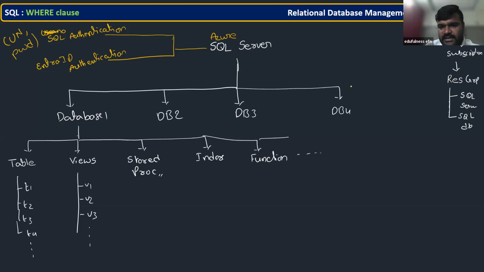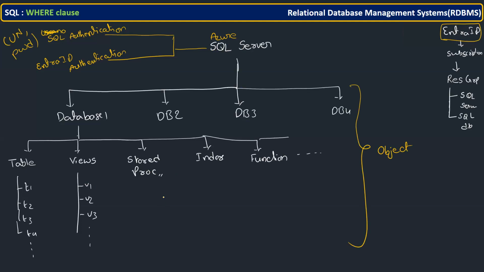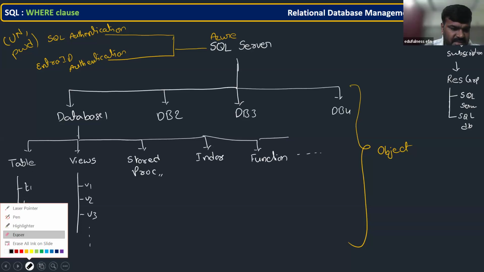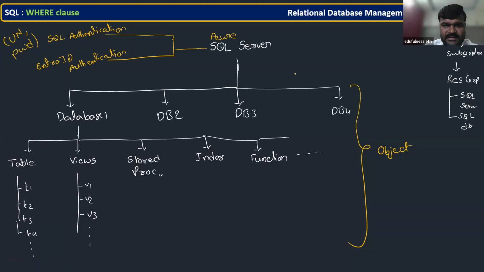In a SQL server, anything can be called an object. A table is one object, a view is one object, a stored procedure is one object. This terminology you will come across frequently. That is the overall hierarchy of SQL. Please mute everyone. Now, based on this discussion, try to observe exactly the same thing